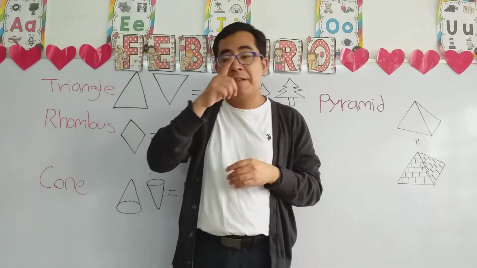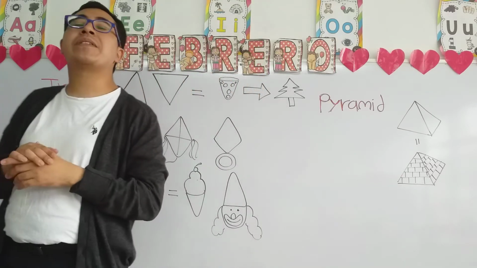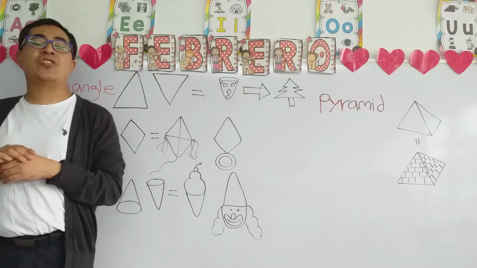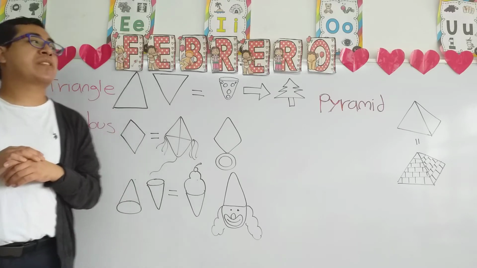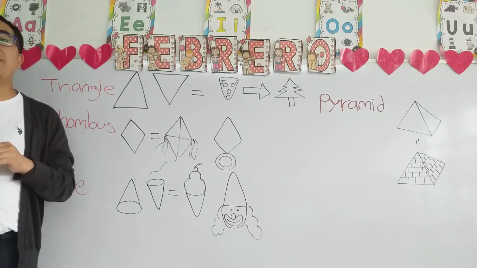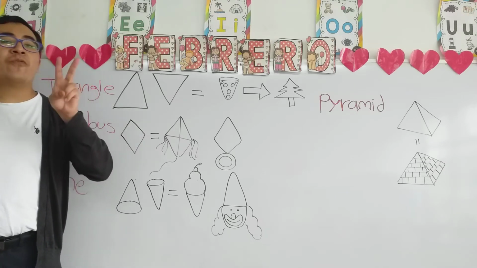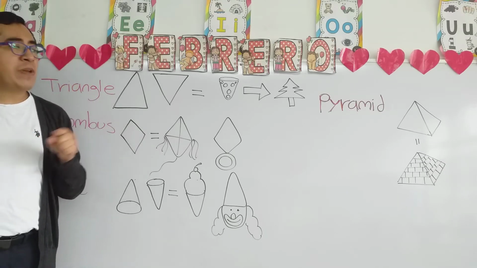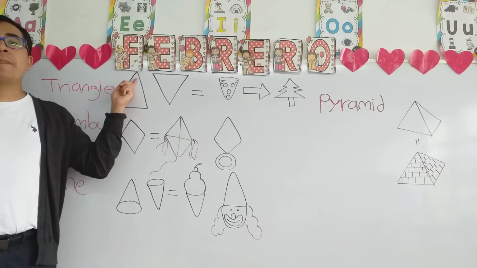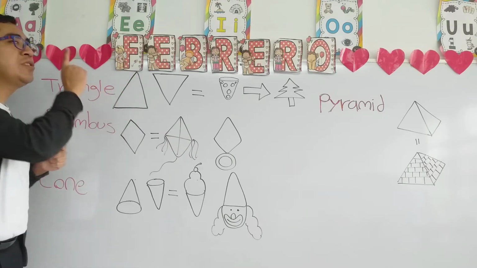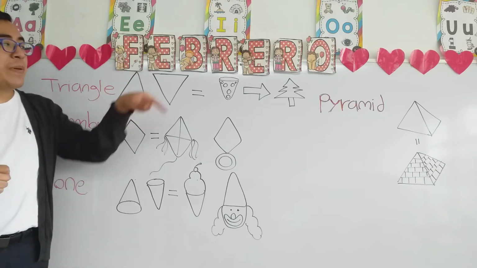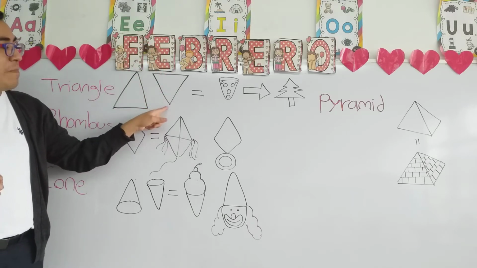Excellent. Now, let's continue with the second part of geometric shapes, and we start right now with triangles. Now for the triangles, we have two forms. They can either be up with the tip pointing to the sun, or they can be down with the tip